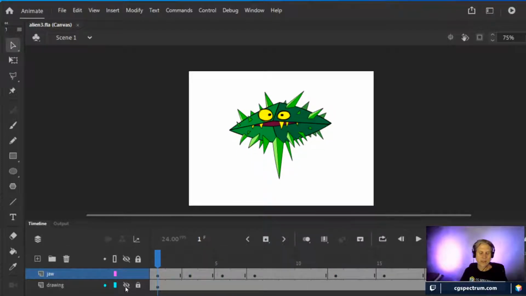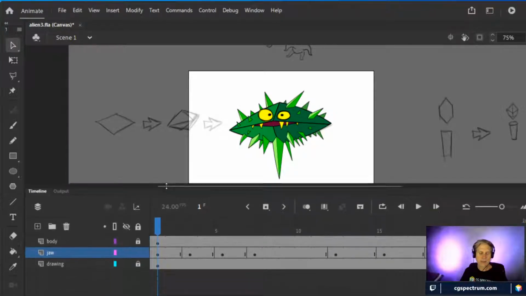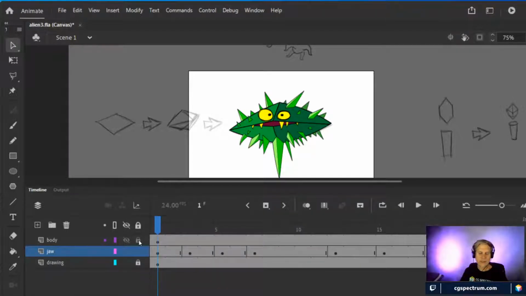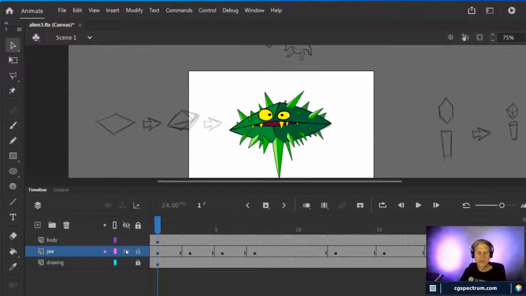I just broke it down into two. Well, first of all, let's look at the original drawing. Why not? But I ended up breaking it down into 2 layers. So let's see if I can hide the 2 layers. There you see, there was the original drawing that I got. And so I drew the body because I knew that part wasn't going to change. And that's kind of how I came up with the color scheme. And then I broke off the jaw, ouch, into its own separate layer, which I then placed behind the jaw.